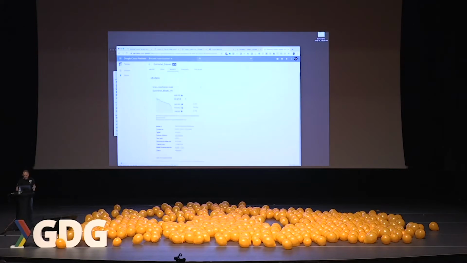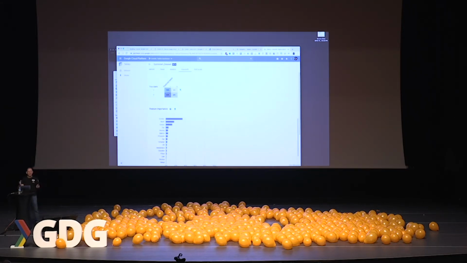Then once I'm there, I can have multiple models, look at accuracy. I'm going to go here to the full evaluation. And again, I have those precision and recall graphs. But I also have the confusion matrix, which we looked at earlier. In this case, it's really, really good at predicting 1. We have 2 values for this. 1 indicates that the person did not make a deposit. 2 indicates that they did make a deposit. It's really, really good at predicting 1, not so good at predicting 2. That's because the data is highly skewed. There are many more values of 1 in the data set than there are 2.